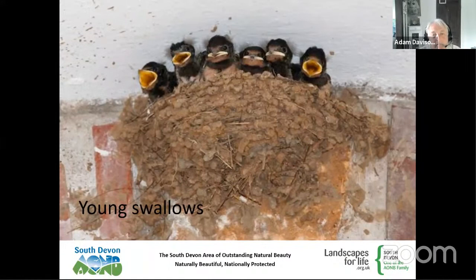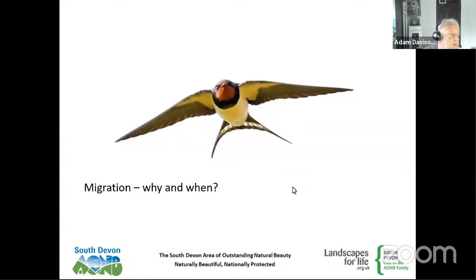The first year that a bird makes its own migration, it does it on its own. So these young swallows here, without any training, it's inside their heads. They're hardwired to migrate, and they hatch, they get fed, and then they sort of orientate themselves here for a while before setting off on these huge journeys. I'm going to focus on the swallow just for a bit because I think it's a good bird to focus on. So the questions that come to my mind are,